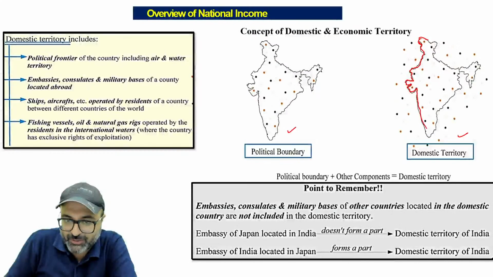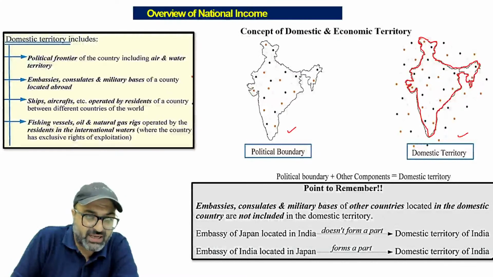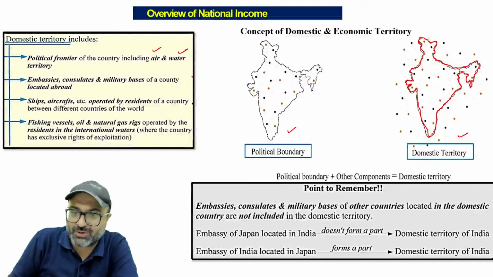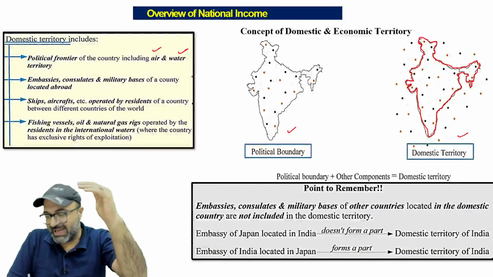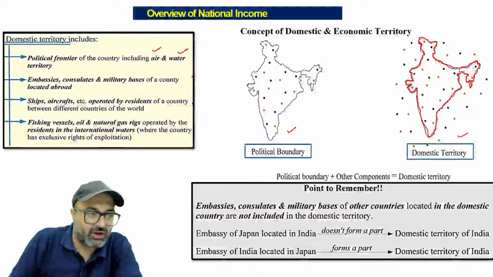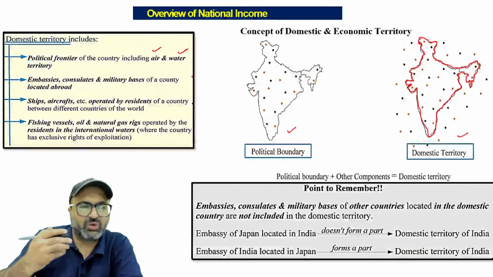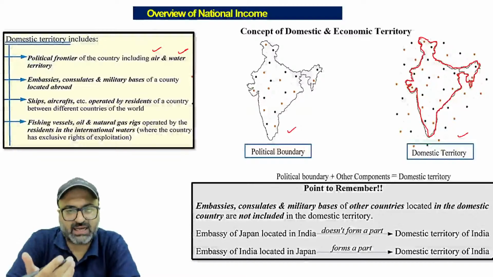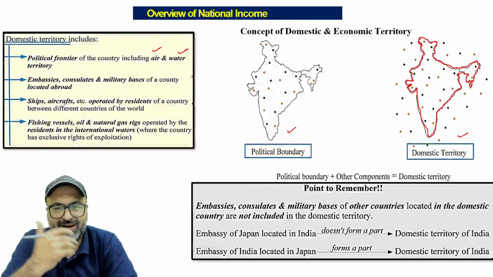And whenever we are talking about domestic, obviously we are talking about this region itself. We are talking about all these regions itself. That's quite obvious. But along with this, when we say domestic territory, it includes what else? Then my answer is, sir, it includes air and water territories as well. Not only land, it includes the air as well as the water territory. Along with that, it includes all other operations which are done in one nation with respect to the other nation.